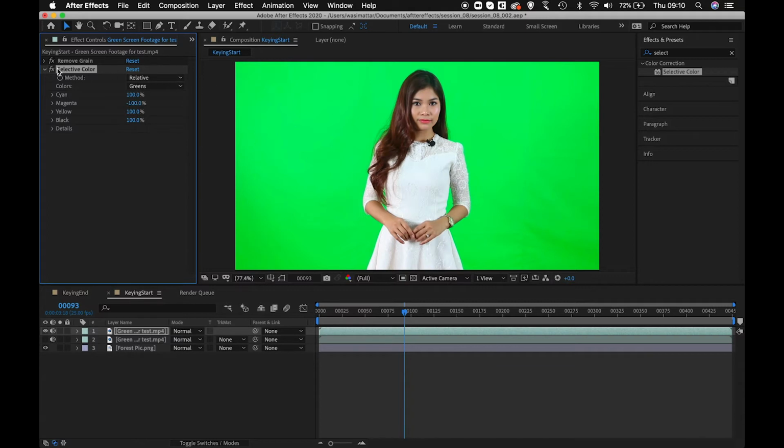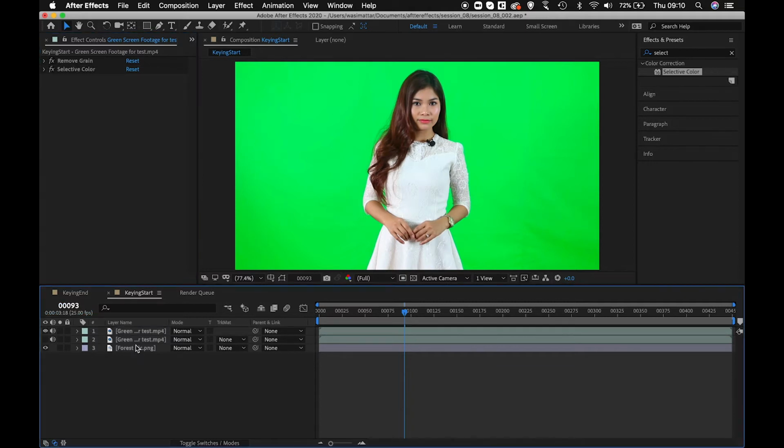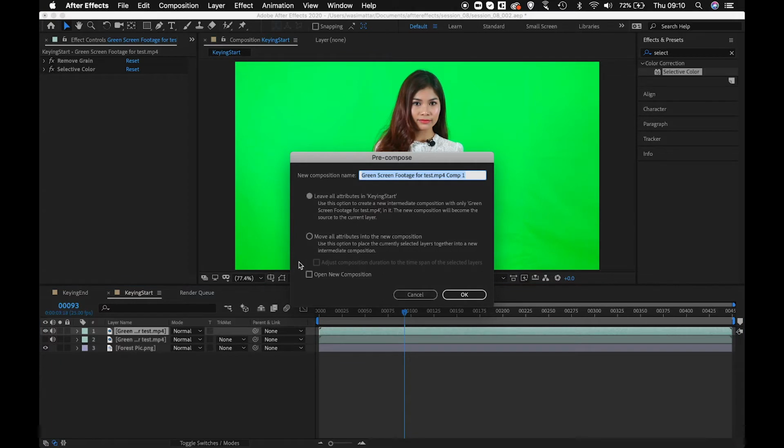Now once this is done, I'll do one thing. I'll select this layer. No matter that there is nothing inside, I'll still pre-compose it. So I'll say Control-Shift-C, and I'll say move all attributes inside this particular composition. I'll name this composition girl chroma